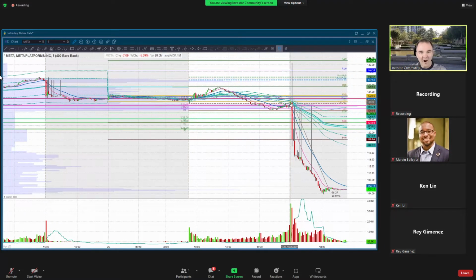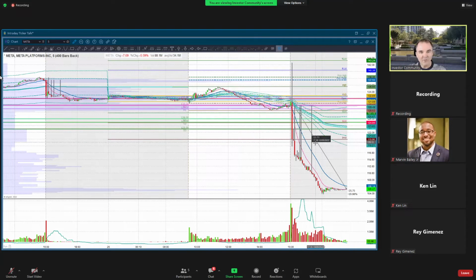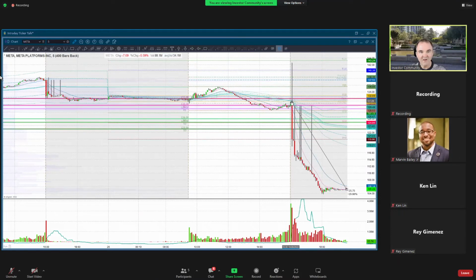Okay, so obviously, nobody is happy with Meta's earnings, and it is now down into this 105 area. I put a measurement on that a little earlier, down 20% from the release of their earnings, which puts them down, from the open this morning, 20%. From yesterday's close, that puts them down 23%. However you slice it, this is nasty for a mega cap stock.